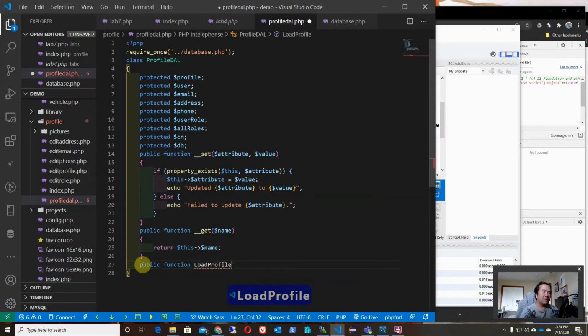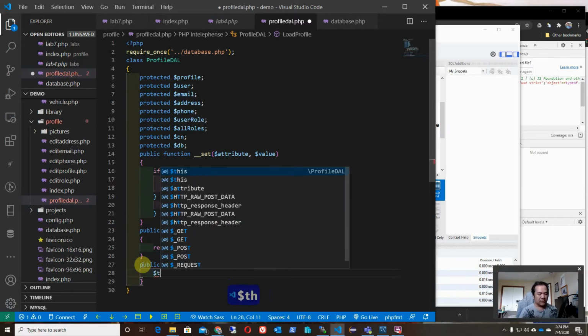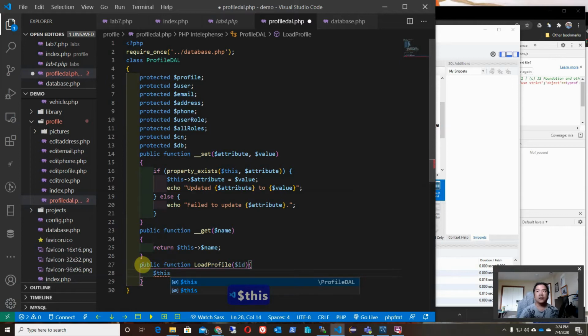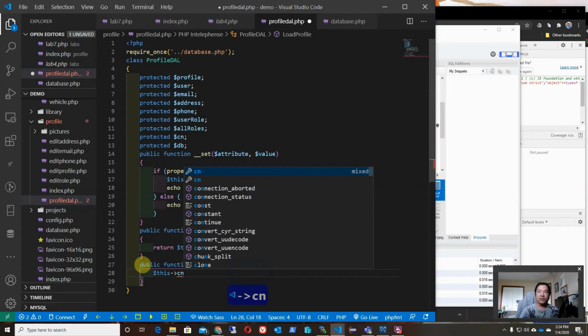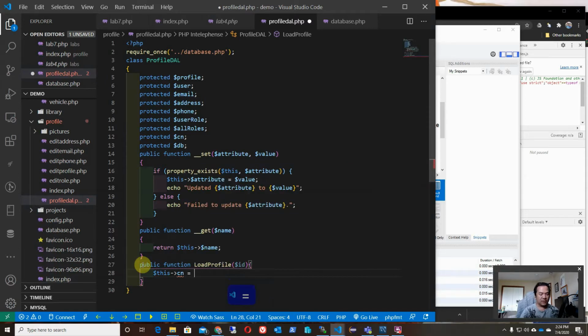Here we're just gonna load the profile so that it loads whatever ID we're passing in. It's gonna go in and load every one of our tables up there. So we can say this cn, because we're gonna assign this to our database, equals this db